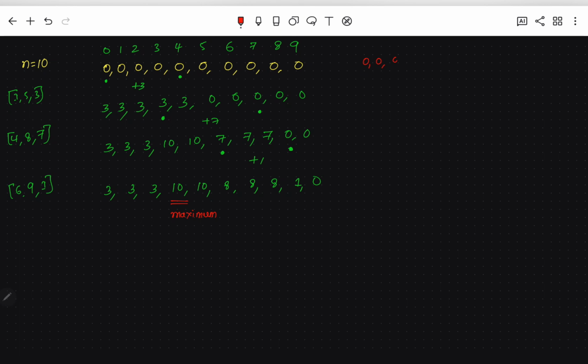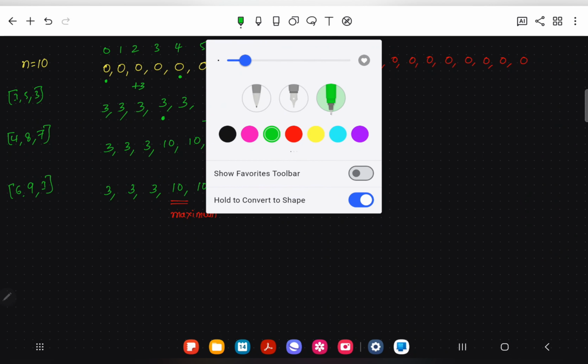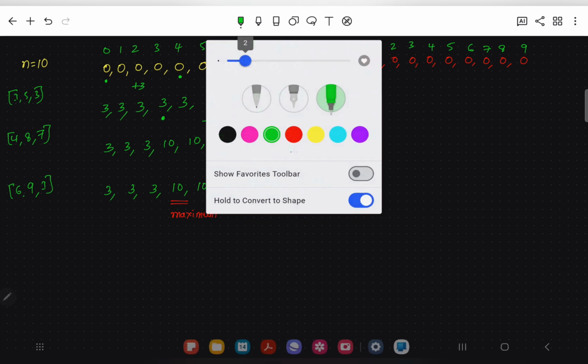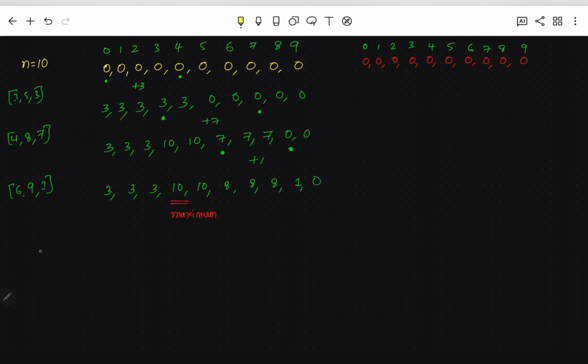So similar to that previous approach, we will have an array where all the elements of the array will be initialized to 0. This is our array, and I'm going to write the index for all the elements. Index also starts from 0 and it will end at 9 because there are 10 elements in the array. And at each query, our methodology is